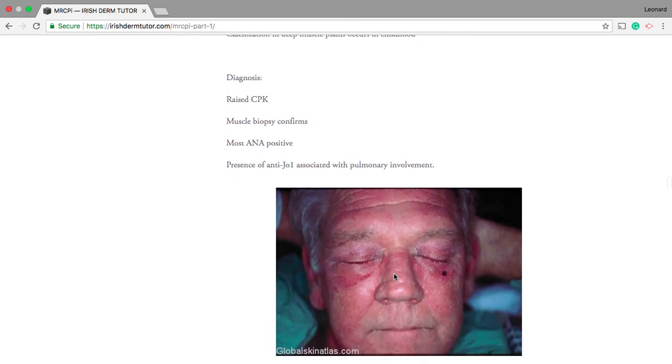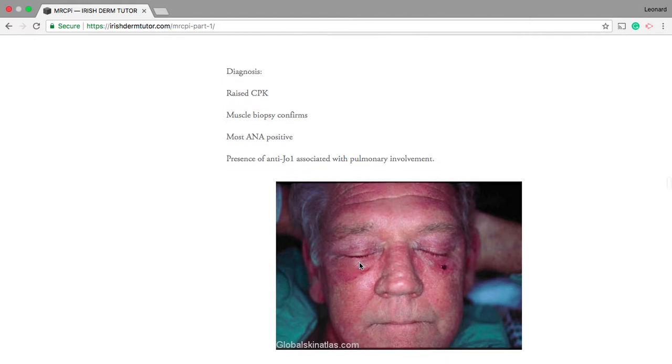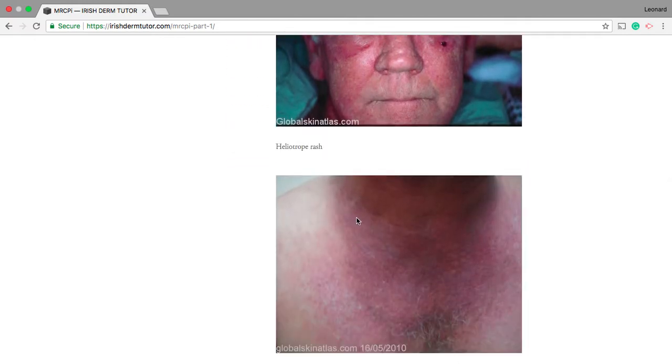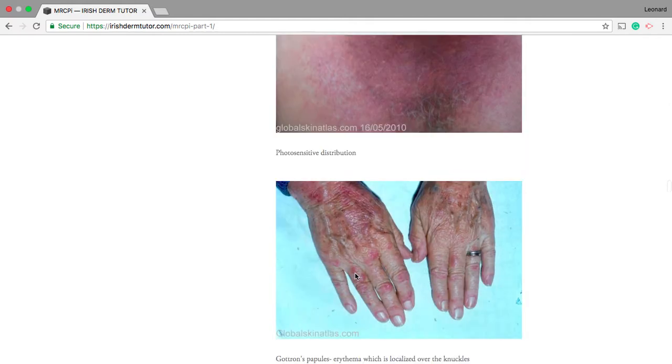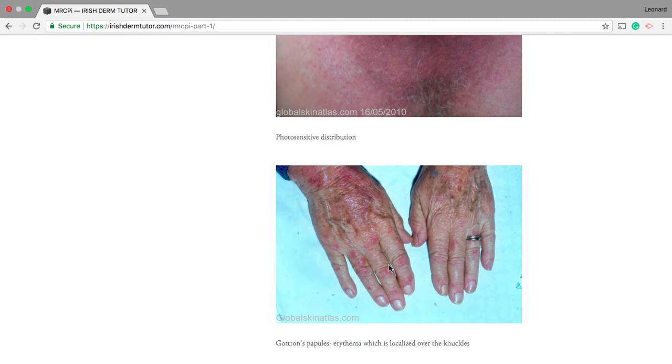So you can get a thing called a heliotrope rash, which is a purple rash that is seen on the eyelids or around the eyelids. You also get a bit of swelling or edema in this area often as well. You can also just get a generalized photosensitive rash, and again it's purpley in color often. So here we can see a rash affecting the areas that would have been exposed from the t-shirt. And then another phenomenon that is seen in dermatomyositis is Gottron's papules, and these